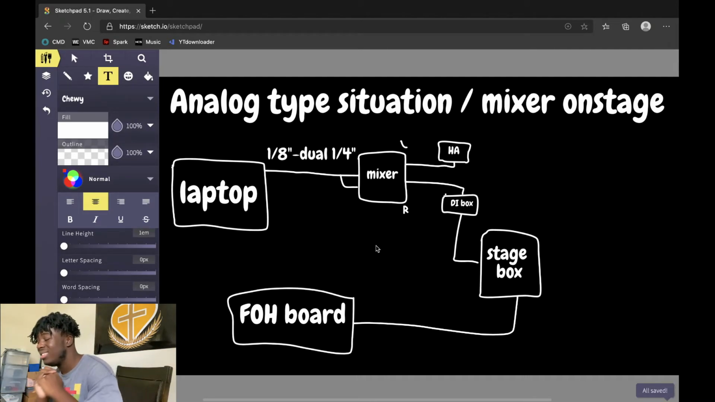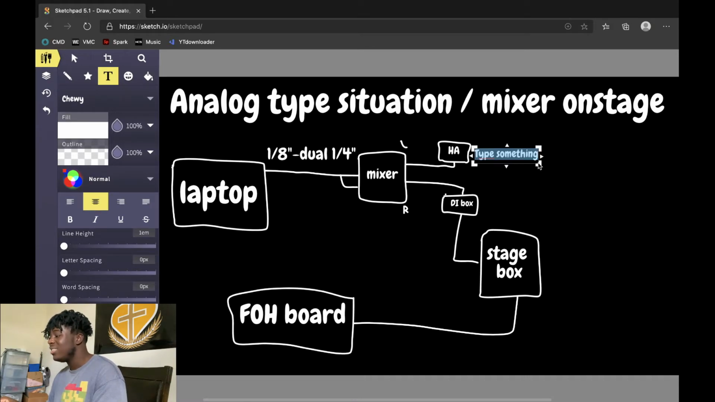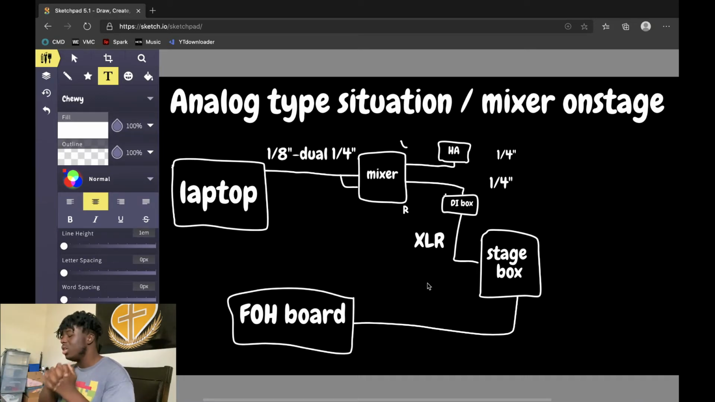Okay, so this is exactly how we do it at my church. Matter of fact, let me outline the cables that you're actually doing this with. When you're running it to the headphone amp, it's a standard 1/4 inch cable. When you're running it into the DI box, it's a standard 1/4 inch cable. When you're running it from the DI box to the stage box or snake, it's going to be an XLR cable. When you're running it from the stage box to the front of house board, it's going to